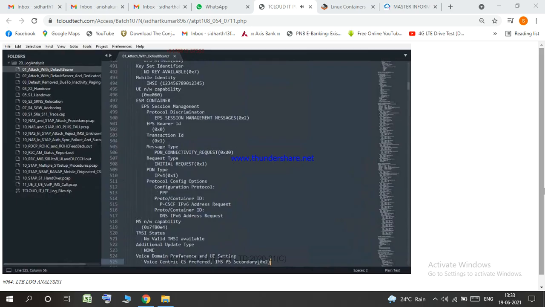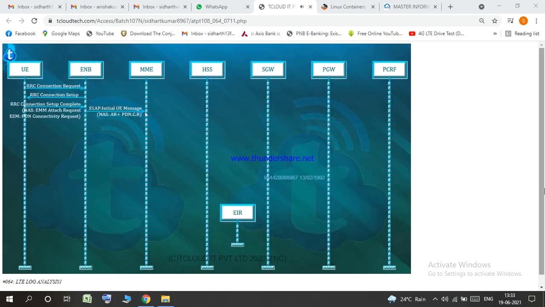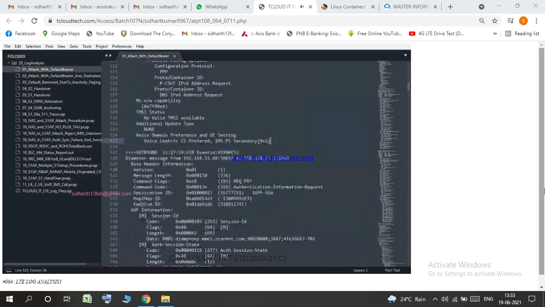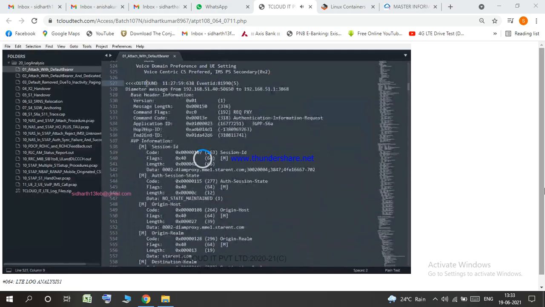So what happens once we send the initial UE request? MME is supposed to go talk to HSS, ask HSS for authentication details, and get back that authentication information. So MME starts preparing a Diameter message this time. MME is sending an outbound Diameter message, which is the Authentication Information Request, whose code is 318, and it